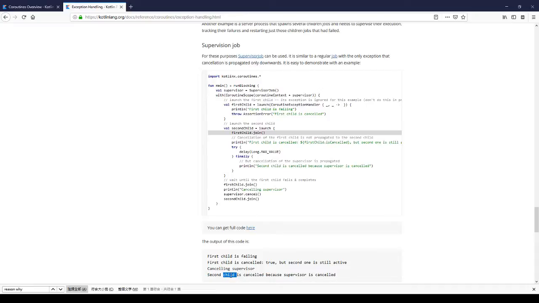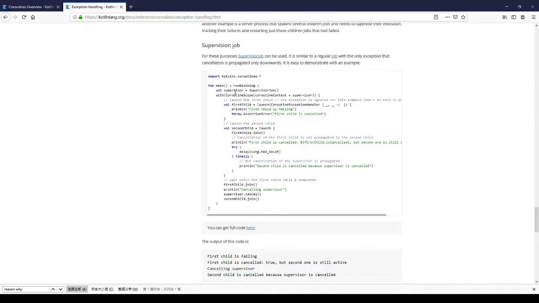So this supervision job is basically for cases where children are prone to be cancelled or interrupted, but when one of these children is abnormal, the parent itself is not cancelled. So let's take a look at